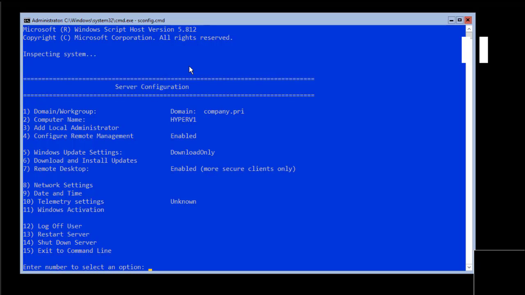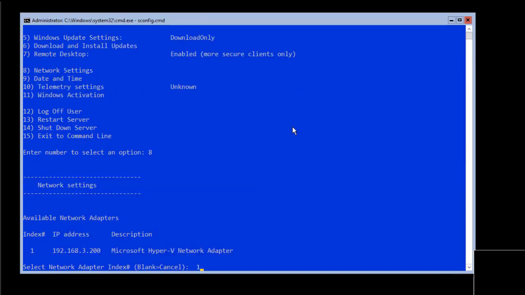If you want to change something, you press the corresponding number against your option. For example, if I want to change my network setting, I will type number 8 and click enter.